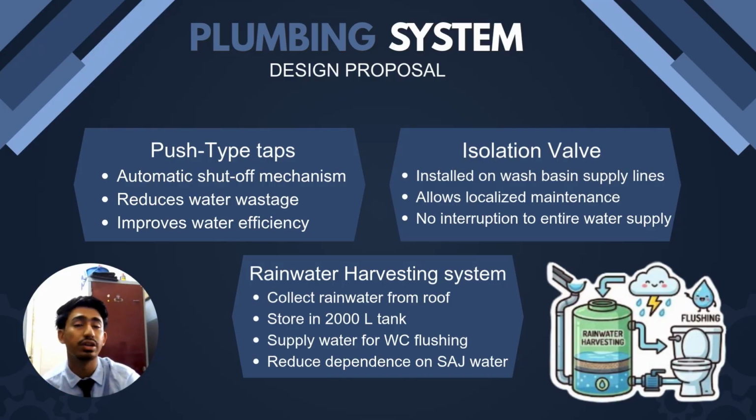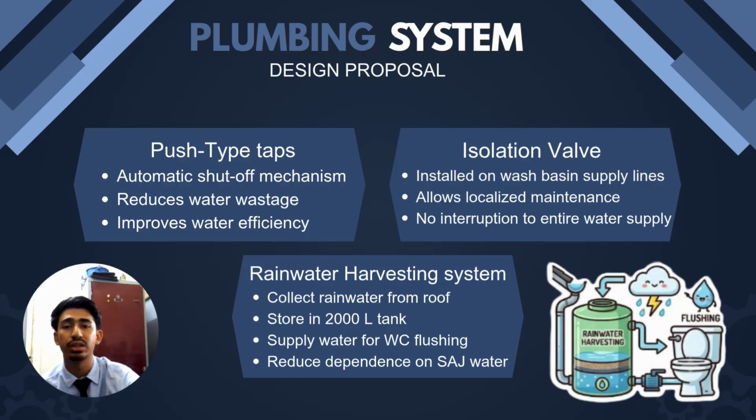So the last one is the rainwater harvesting system. So for this system, we are proposing a new system, where we put a rain gutter outside the building on the roof, and we put a storage tank with a volume of 2,000 liters on the building. When we get supply of water from the rainwater, this water will be used for the water closet flushing, based